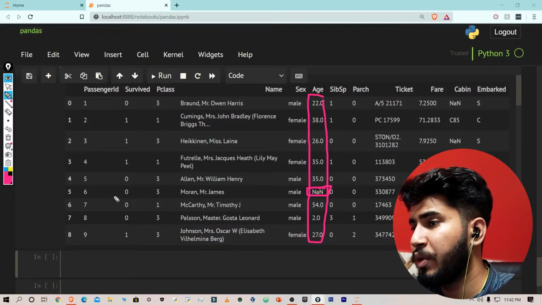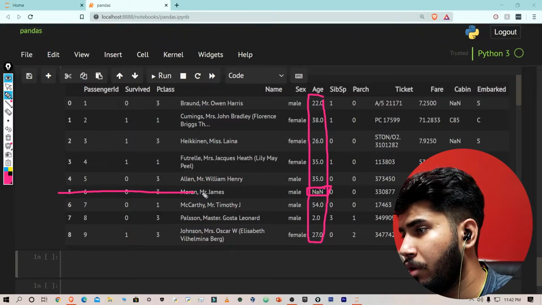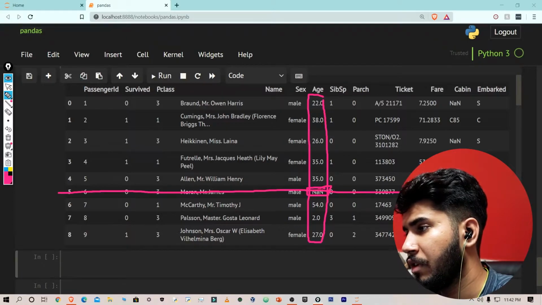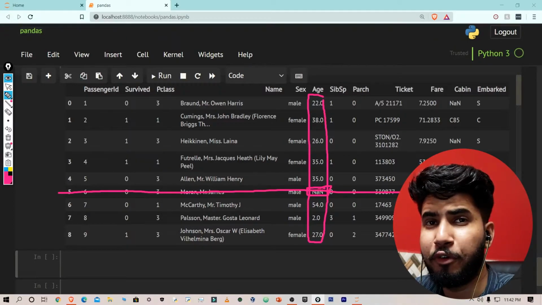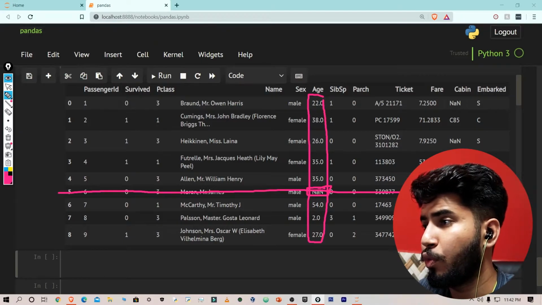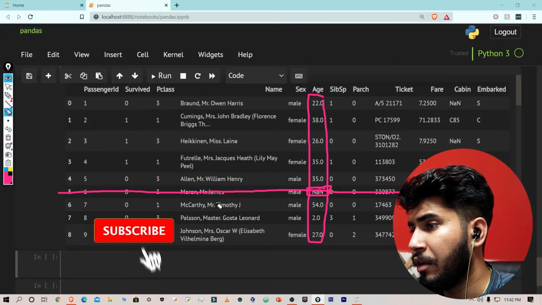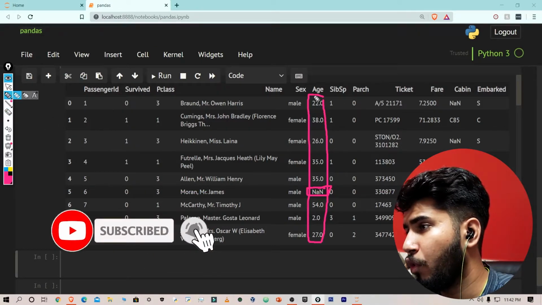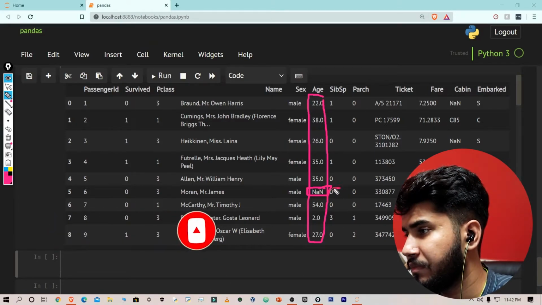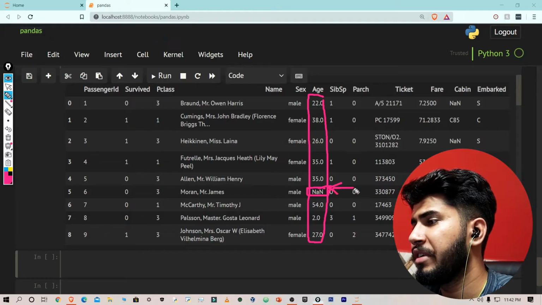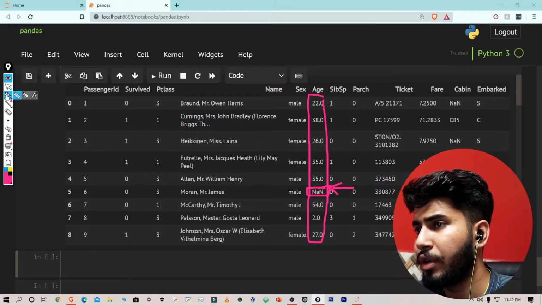So what we can do is either delete this whole row, which is not efficient for our machine learning algorithm at all, or we can take a mean of all these values and fill it in. There are some other ways also, and I'm going to show you how you can fill those values.